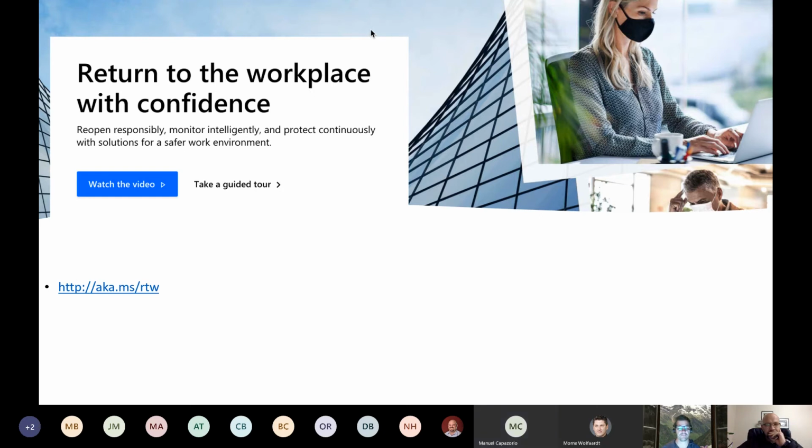Affirmative. All right, so here's the URL again: aka.ms/RTW, or you can just search for Power Apps Return to Workplace with confidence or without confidence. Both will find it. All right, so the installation went well.